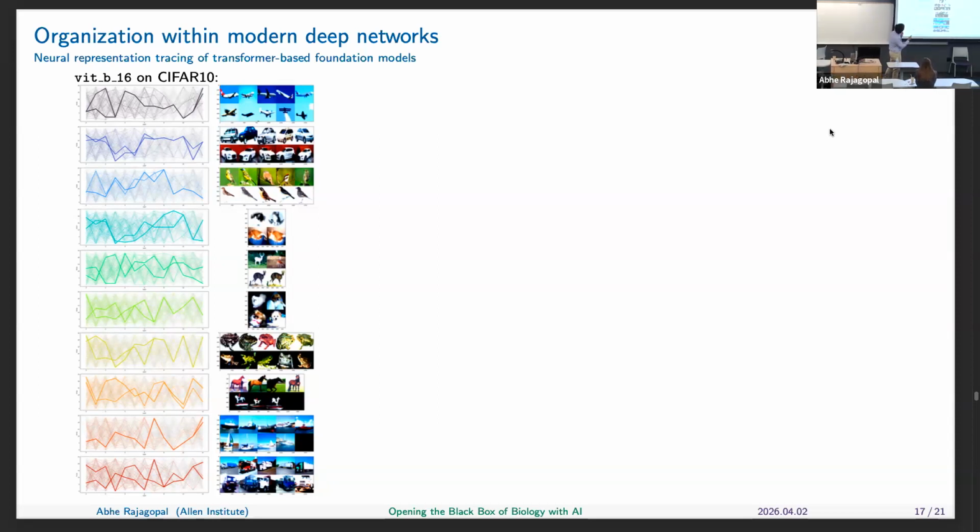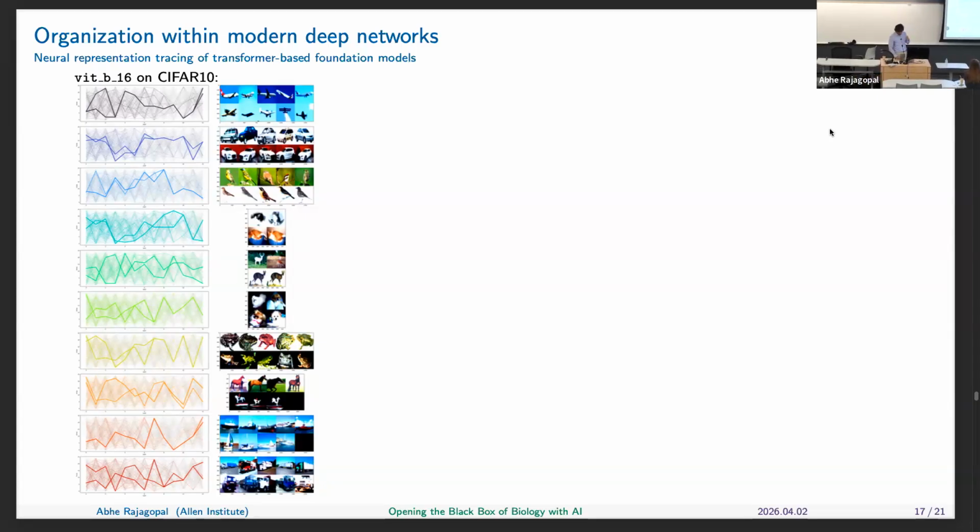But as an example, in this bird case, all the backgrounds are green, and in the bottom trace, all the backgrounds are white. So for some reason, the network decided to pay attention to that. Another really interesting one is this boat case, or ship, where the top ones all have a superstructure on the boat, and the bottom ones all have sails. So somehow the network is picking up on that and encoding that in this deep hierarchy. And what's really interesting is that a lot of them, especially this one, only differ in one layer. That one layer is where it's being different. So maybe we could utilize this, right?